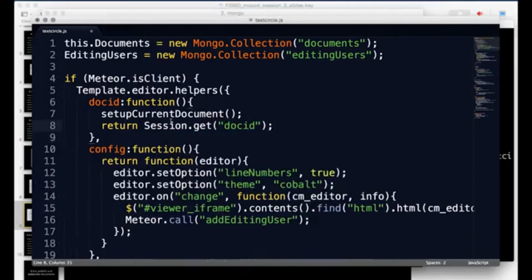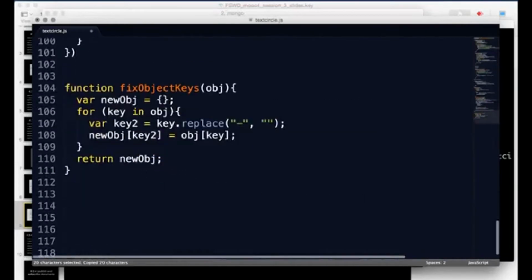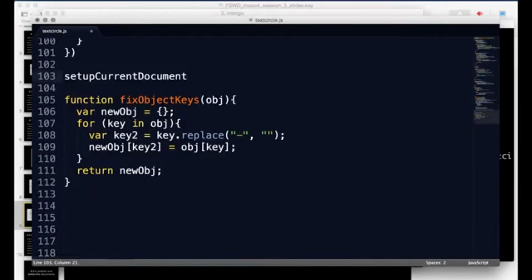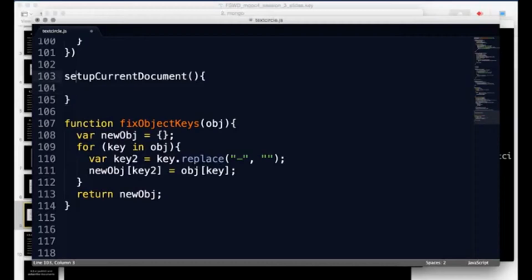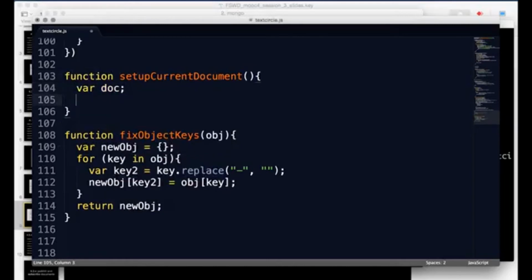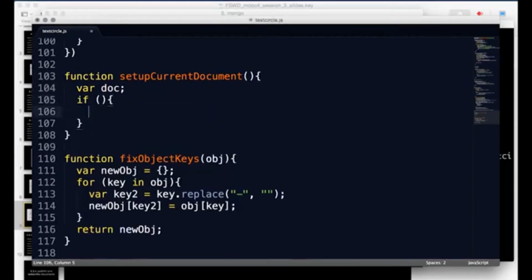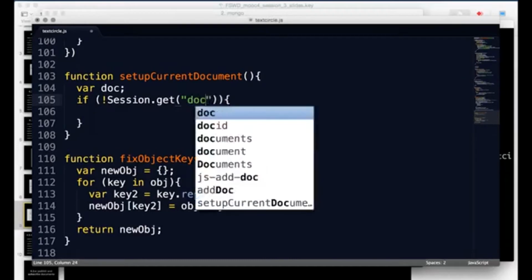Right, and so where am I going to write this function? Well, I'm just going to stick it down at the bottom here with the other function I wrote. Remember the function which removes the hyphens from the key names which I had to write? Well, I just put it with that one, and it's a function. And what it's going to do is basically have a variable called doc, and if not session get doc ID,